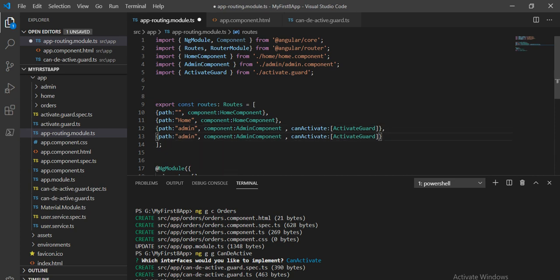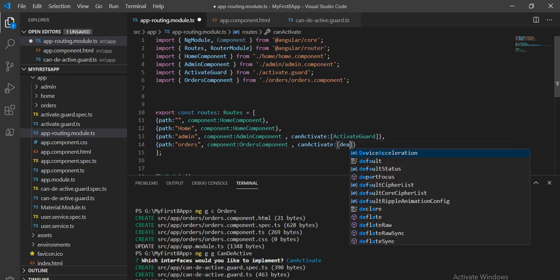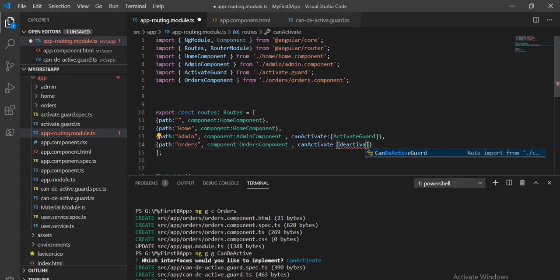Put a comma, and here I will give orders, and take the component as the order component, and here I will change it to the deactivate guard.